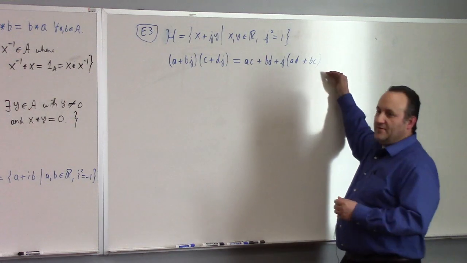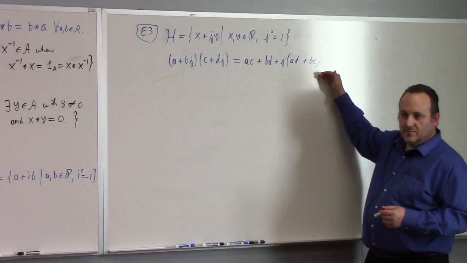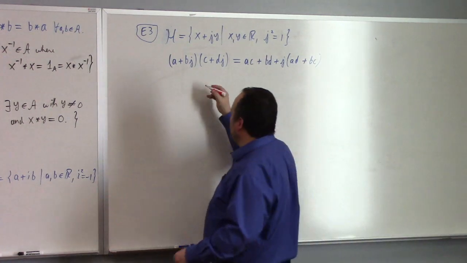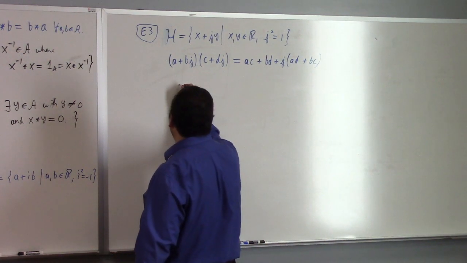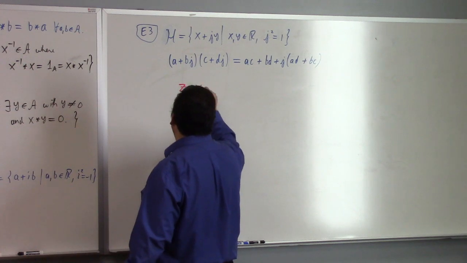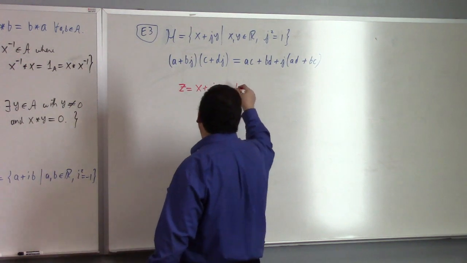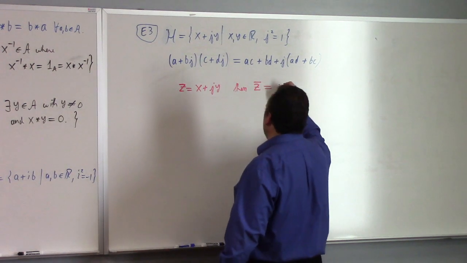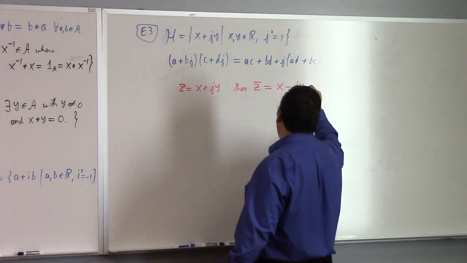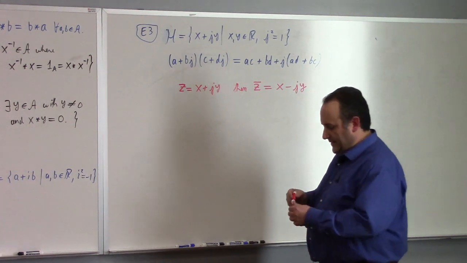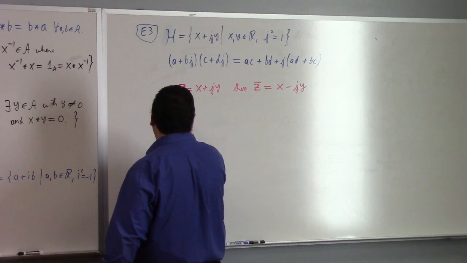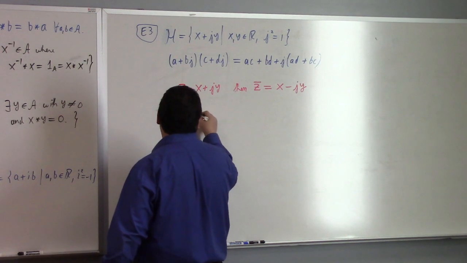Yeah. So this defines hyperbolic number multiplication. All right. And there's other things about hyperbolic numbers that may be familiar to you. Like if I say z is equal to x plus jy, then the hyperbolic conjugate of z is x minus jy, right? So if you look at z times z bar, you get x plus jy